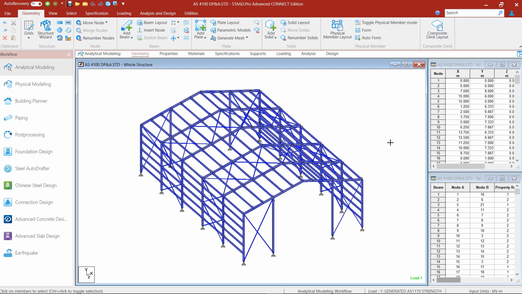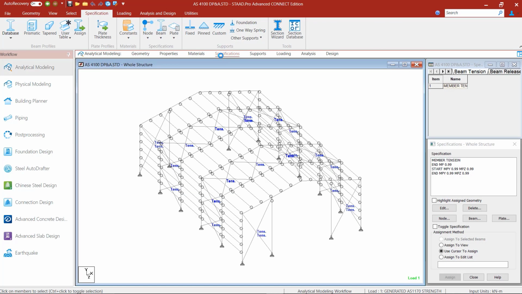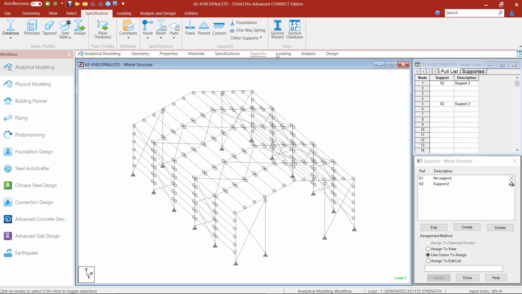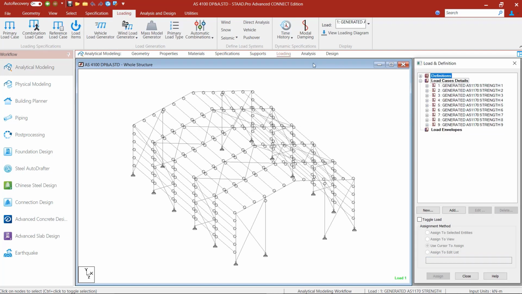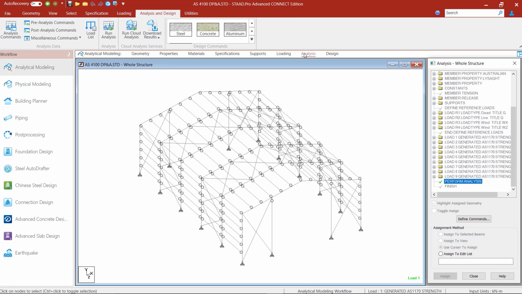In this video, we will learn how to define design parameters and perform code check on a steel structure utilizing the Australian standard for steel structures AS4100. This example has a steel-framed warehouse model having specifications, supports, and loadings already created and assigned. An analysis command has also been created already, so we are at a stage where we can begin defining our